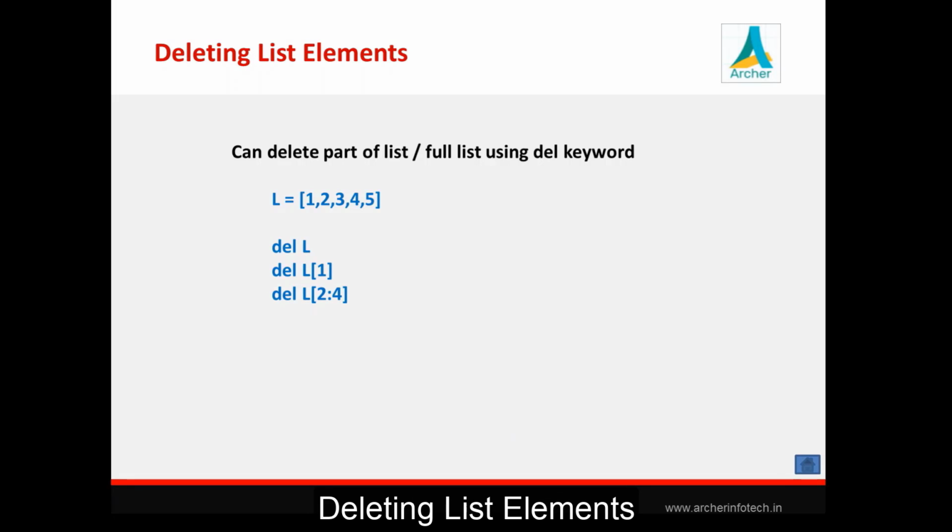Next, now this is one important thing. This is one important difference between string and list. See, this is one keyword, del, we used in case of string also to delete a string. But in case of string, as string is an immutable one, you can only delete the complete string. You can't delete some part of a string here. And as list is mutable, you can delete a single element of a list, you can delete a range of a list, or you can delete a complete list also.